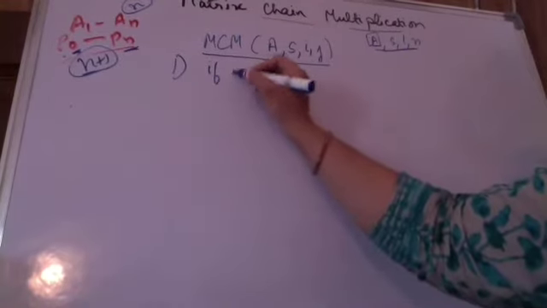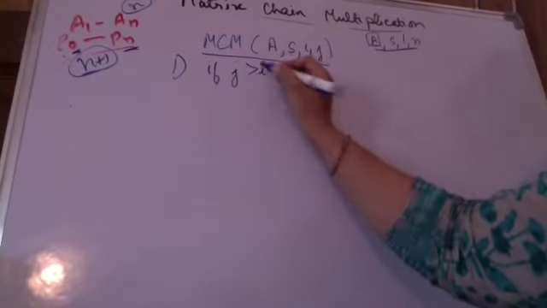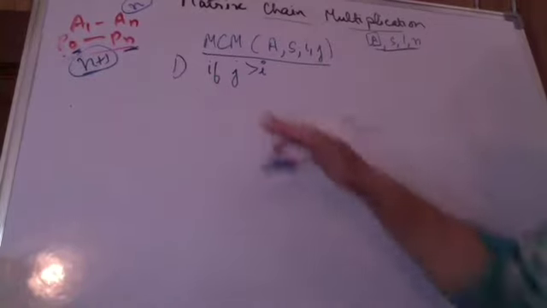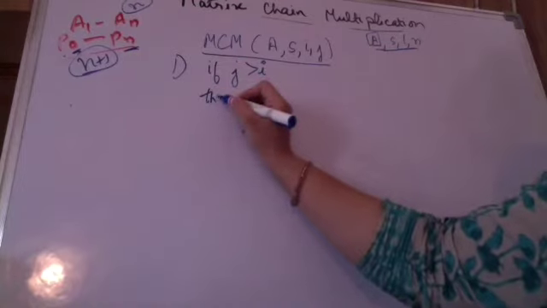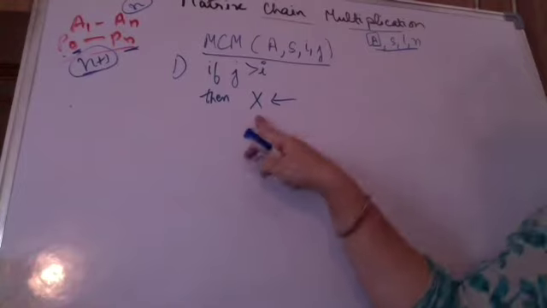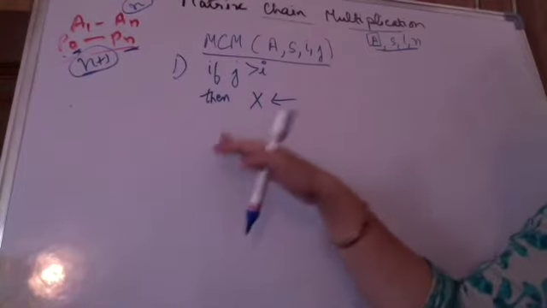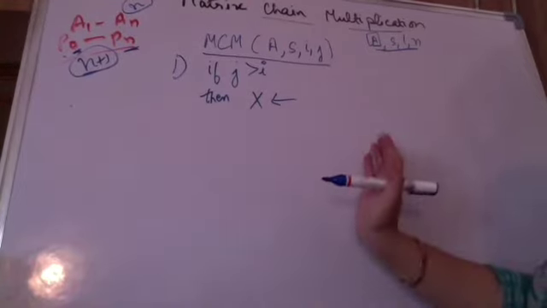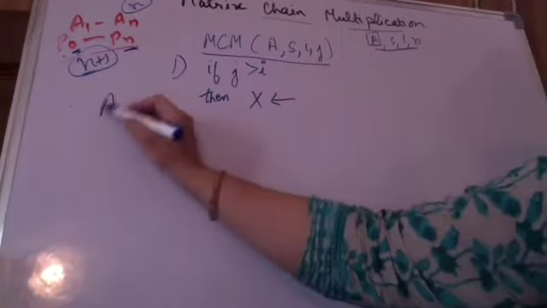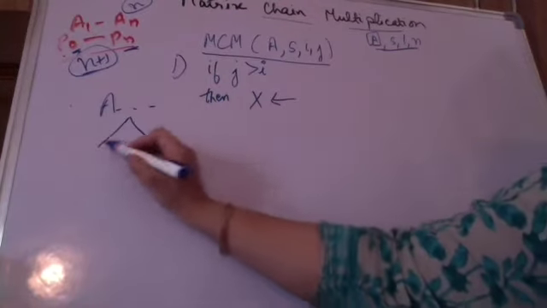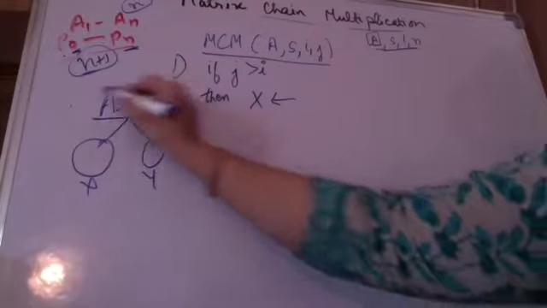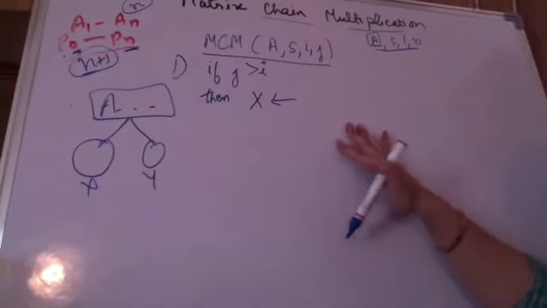If j is greater than i, only then I will be dividing, otherwise not. So j has to be greater than i. Only then, I have a matrix X in which we are saving the product, and a matrix Y in which we are saving the product of the next half. So I am multiplying two, and I have a matrix chain which I have divided. The product of the first half goes in x, the product of the second half goes in y, and the total chain product will be x into y. That is what I am writing here.